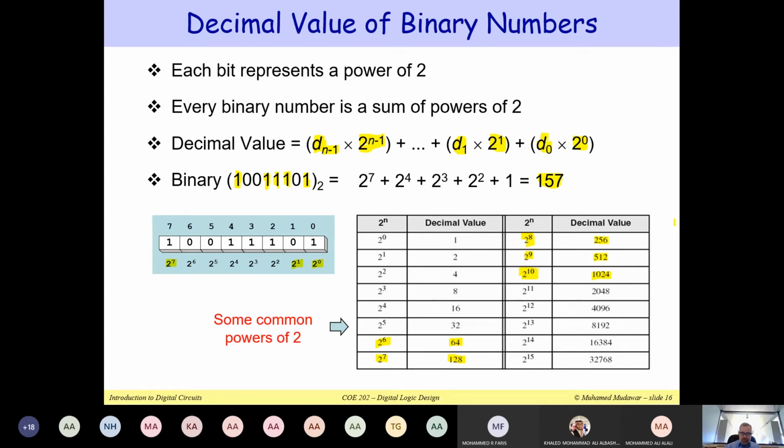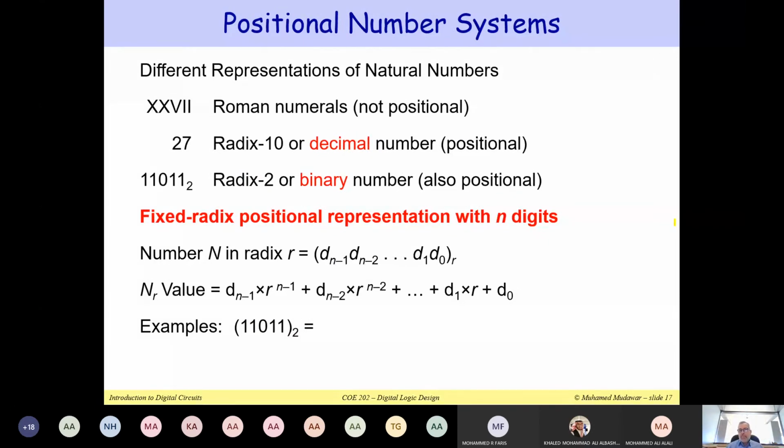Right. So the binary number system and the decimal number system are called positional number systems. In the past, before people invented the decimal number system, the Romans, for example, used Roman numerals. So they used letters to represent numbers. For example, X here will be 10. So you have here 10, and you have another X, which is another 10. So this will be 20. And then the V will be 5. So this will be 25. And then the I will be 1 and another 1 here. So this will give you 27.